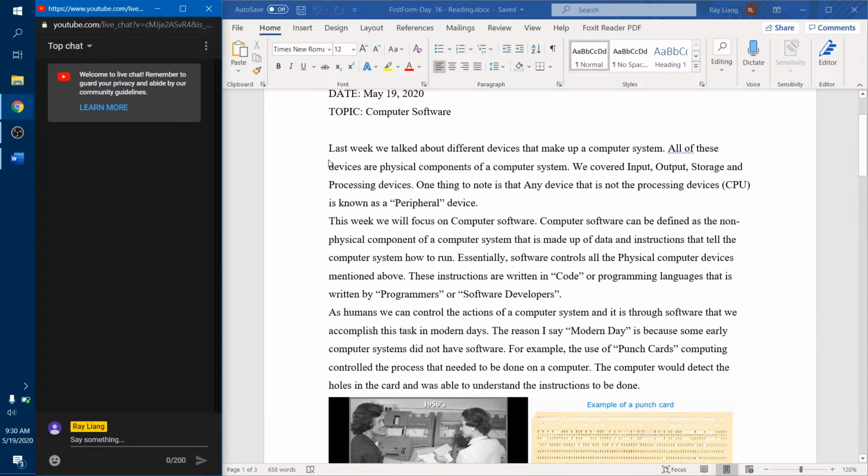Software is developed using code nowadays. We use programming languages, and they are developed by programmers or software developers, and they have to write out the code to instruct the hardware on what they need to do. When we're writing in code as programmers, we're writing in a way so that the hardware can communicate with the software. Back in the earlier days, we had binary,